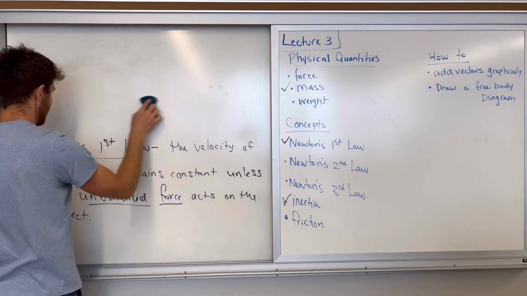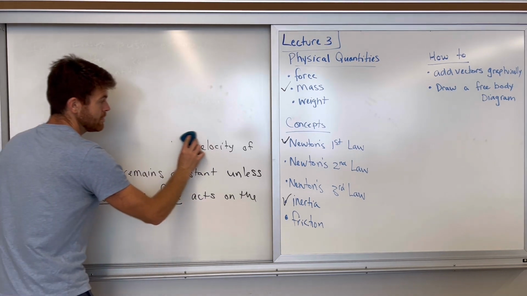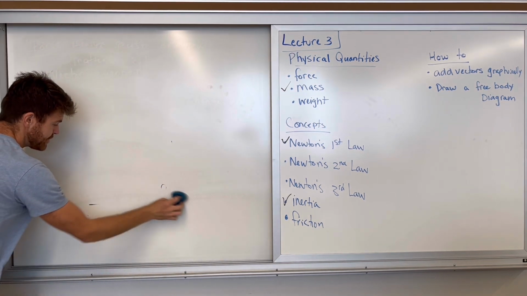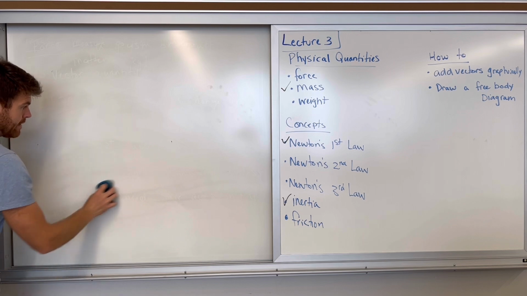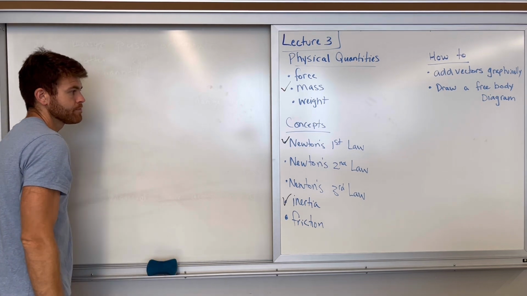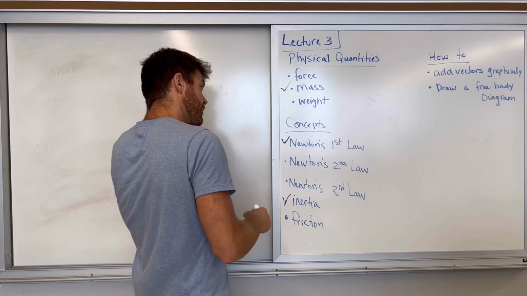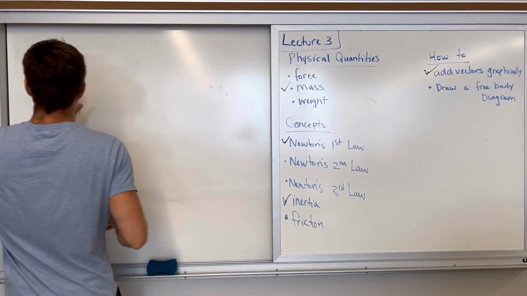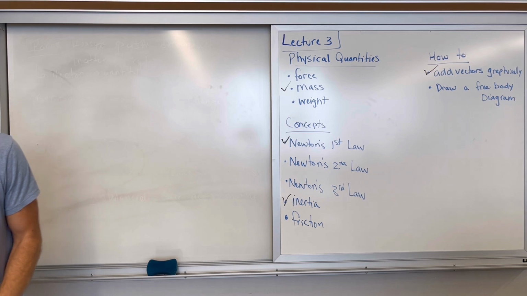If there is a net force on an object, Newton's second law tells us how its motion is changed by that unbalanced force. So now we know how to add vectors graphically. I'll check that off. So Newton's second law